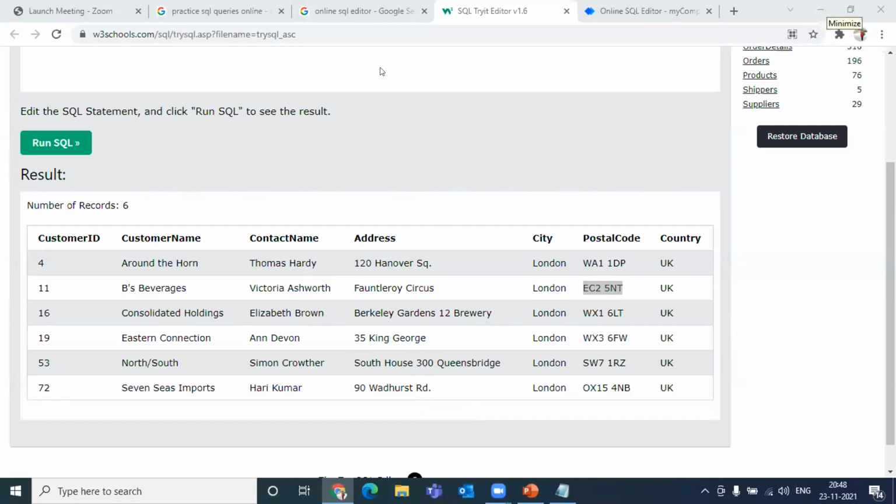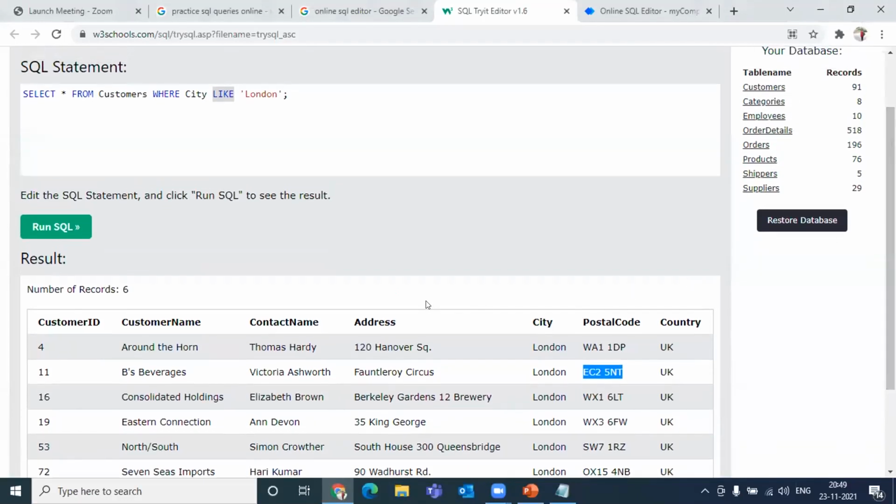Abu Mansoori, if you need two locations, you can use the logical operators and... okay. I want you to give me the same query which I have written. I want you to add another clause so that only postcode EC25NT is allowed, no other.